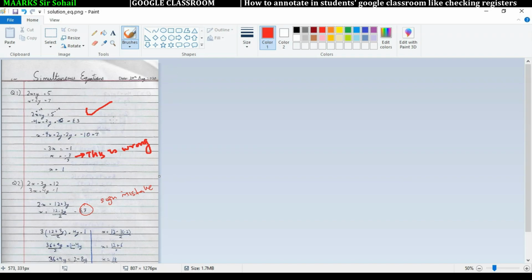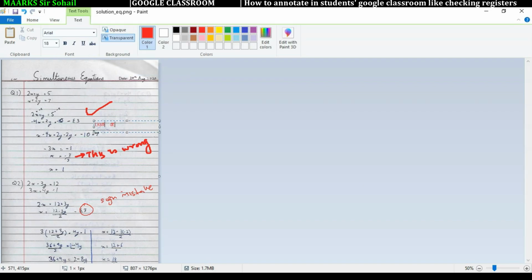You can use a mouse to tick or cross, and whenever you want to add any comment, you can use this. This is the text tool, so just click here and then click anywhere, and then you can write it here like this: wrong working or anything, whatever you are teaching, English, science, or whatever you want to write, and you can increase the font and everything here. That's quite simple. So this is how you can do it. Now if I click on save, then this will also be checked and this will be shown across all drives. So this is how you check the students' work.